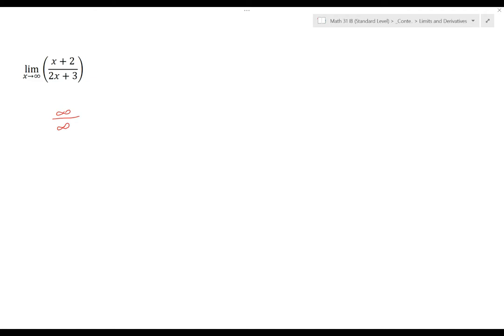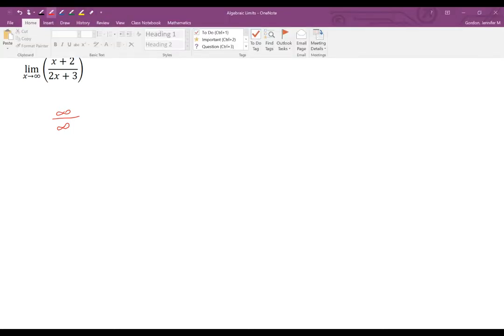So the formal manipulation that we do here, informally, the leading coefficient is the one that matters the most. An infinitely large number plus 2, the 2 is kind of irrelevant. 100 googolplex plus 2 is still basically 100 googolplex. What matters most is the coefficient of that x. So in the denominator where I'm multiplying by 2, that actually does have an impact, whereas adding the 3 is kind of irrelevant. But algebraically, how we can show that this is true is by dividing by the largest power